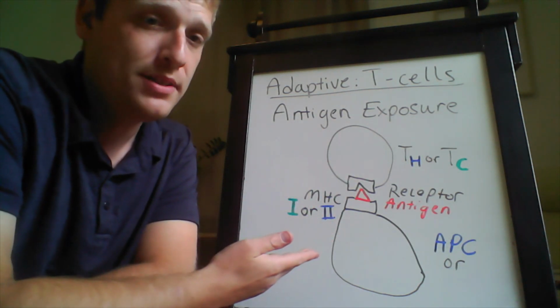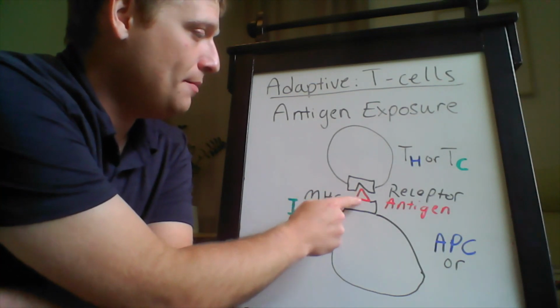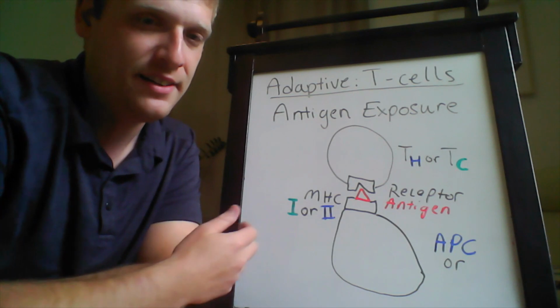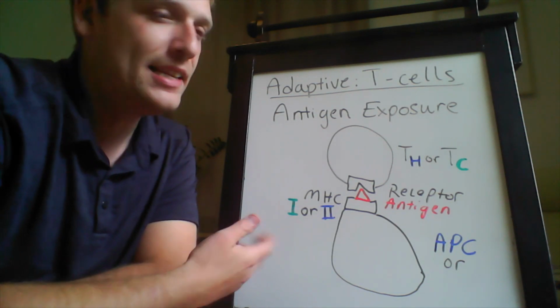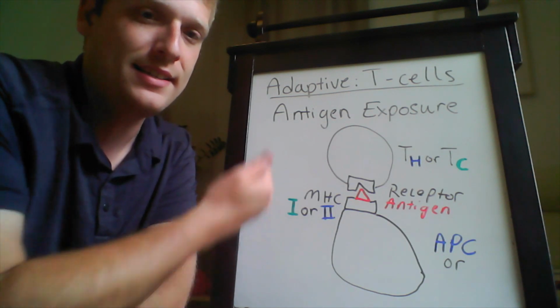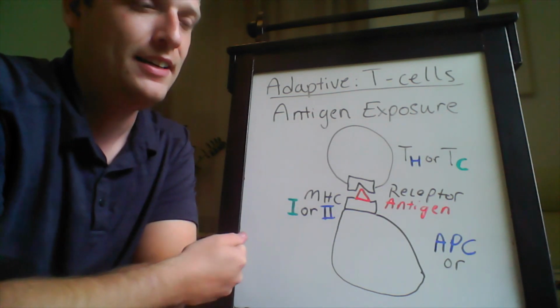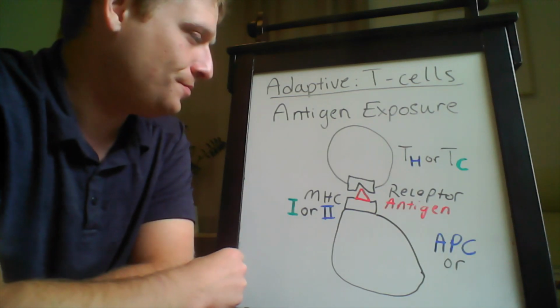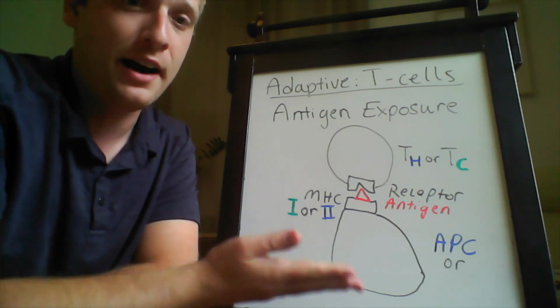So an antigen presenting cell can be a cell that interacts with a T cell and activates it. And that's a way of sounding an alarm, basically. The antigen presenting cell says, hey, look at this antigen. You need to find this and take care of it, because this is a piece of a virus or a